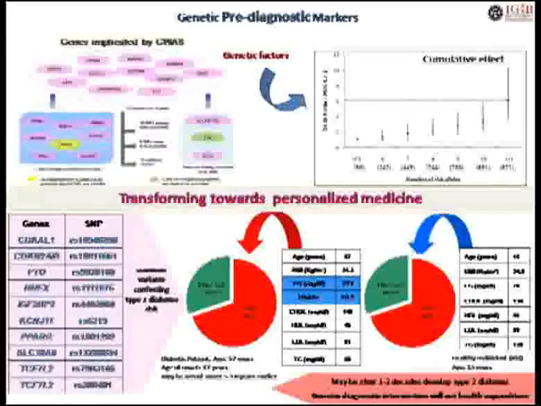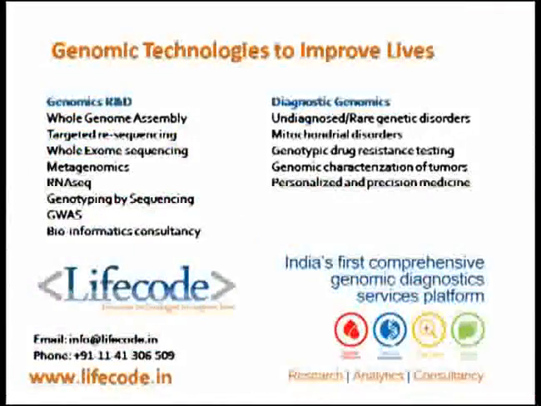Now take this young kid, 15 years old, a little obese by BMI, fasting blood sugar is 78. We cannot call that person diabetic yet. We measured these genetic markers again, and we find this child also has 14 risk alleles and 6 non-risk alleles. So up to this point I can say that using these genetic markers along with the classical markers can make your prediction a little more robust. Up to this point we can use this data until we find out the causal variants of the disease.